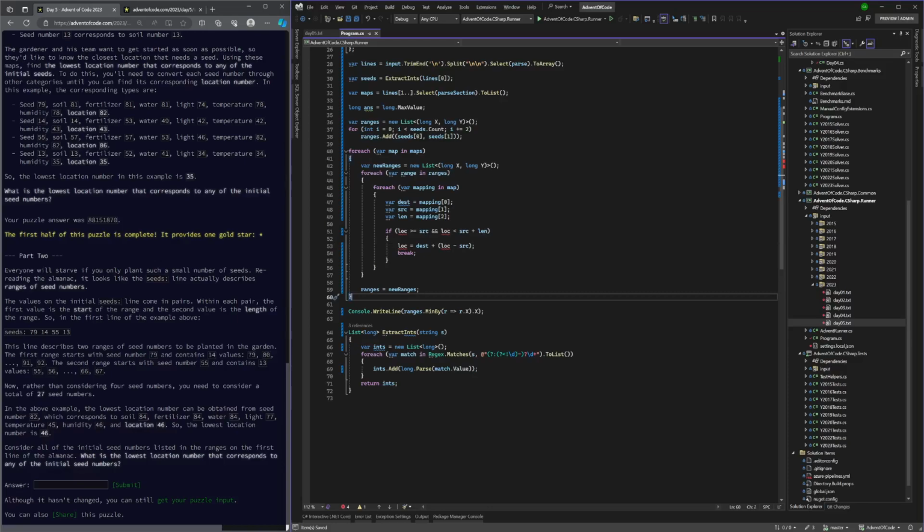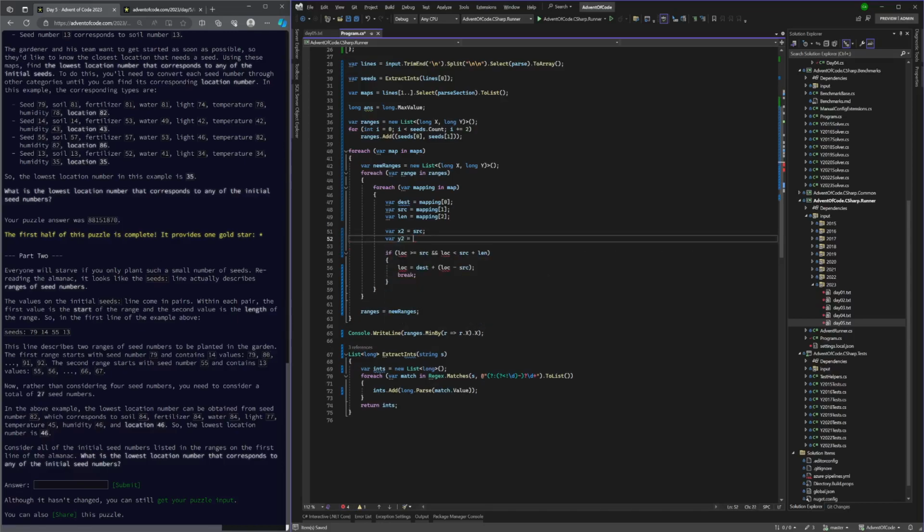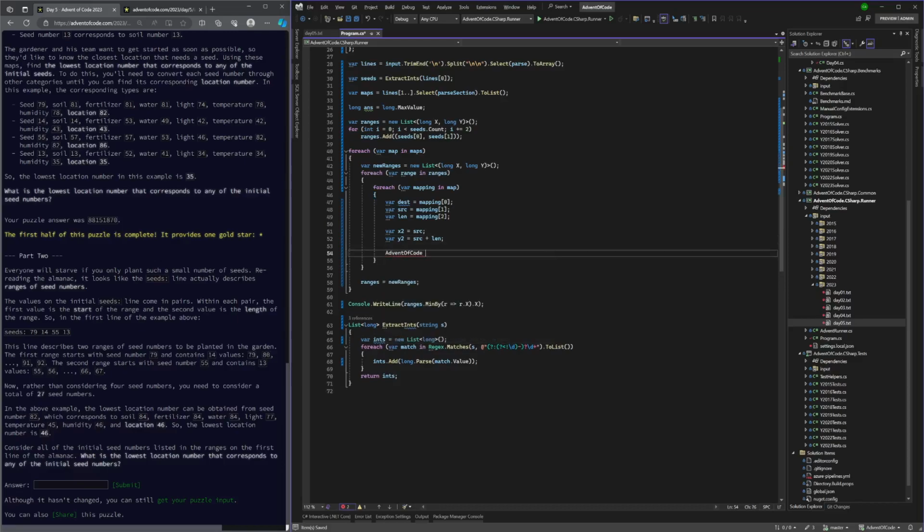Okay, so for each mapping, we want to see if that map includes this range at all. So let's say, okay, so if,